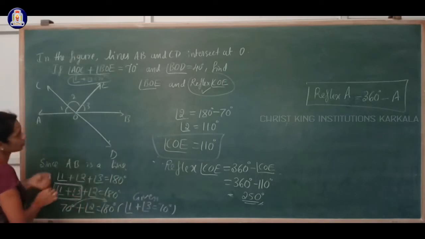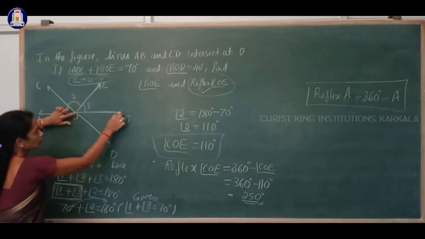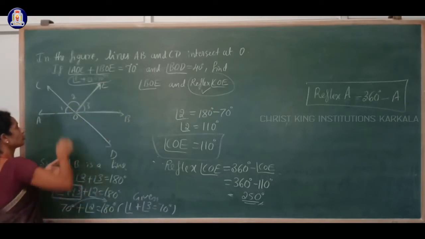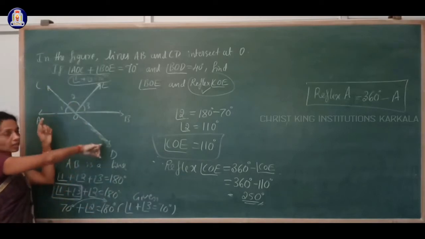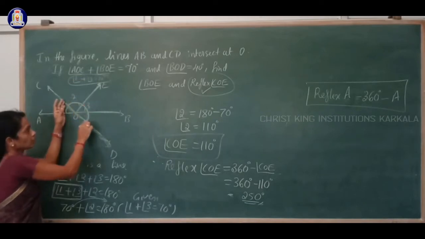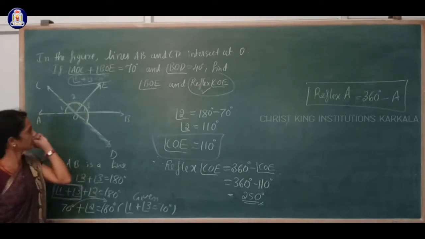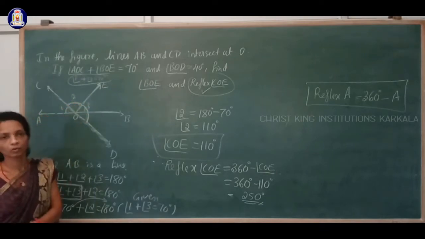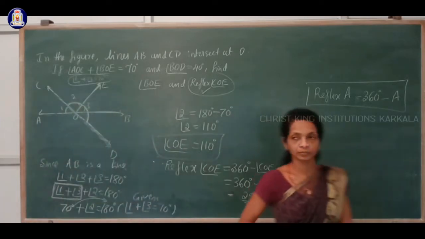Where is your angle BOE? That is here, right? BOE angle we have to find now. Angle 3 we have to find. So for that you have to use this. Can you see CD as a straight line? CD is a straight line given in the question. So the total angle on one side of that must be 180 degrees. Angle 2 plus angle 3 plus angle BOD must be equal to 180 degrees, since CD is a straight line. So we start with that.